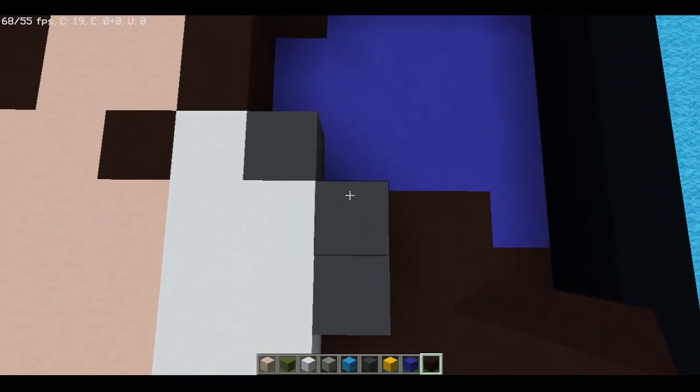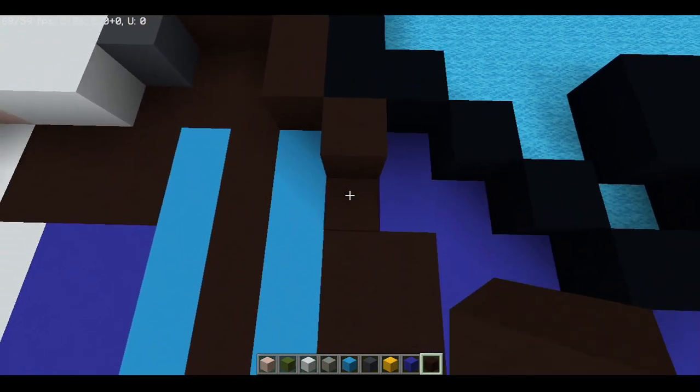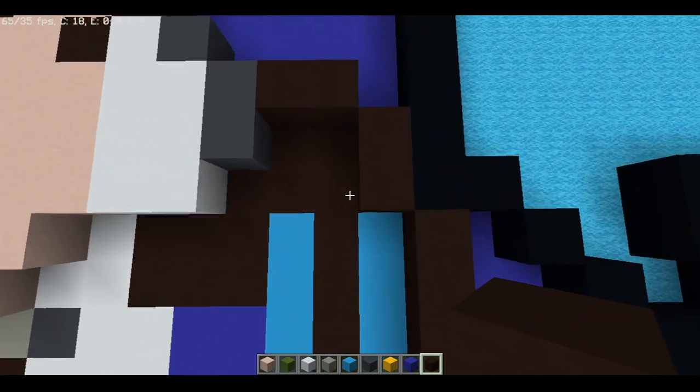black terracotta. And from this gray block, you're going to go right by 1, 2, down right by 1, down by 1, down by 1, down by 1, 2, 3, 4, right by 1. I'll mark that for later. From here,